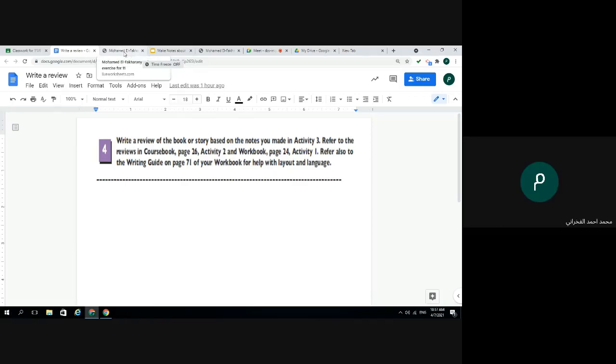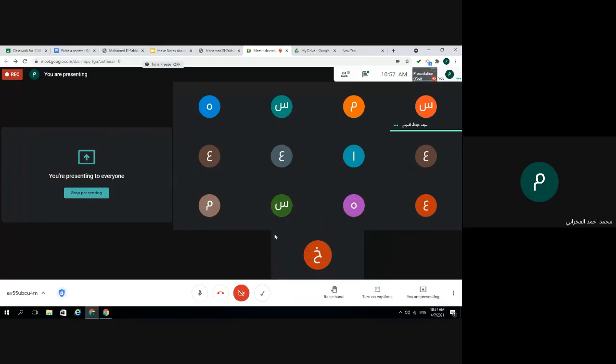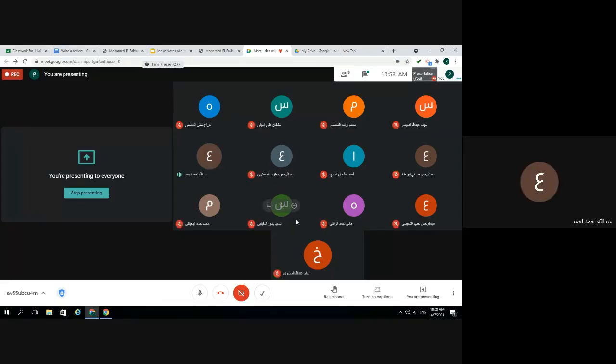What other stories can you write about? Sindbad. Yes, Sindbad, excellent. What else? Alibaba. Yes, Harry Potter, yes. Layla and the Wolf. Layla and the Wolf, yes.